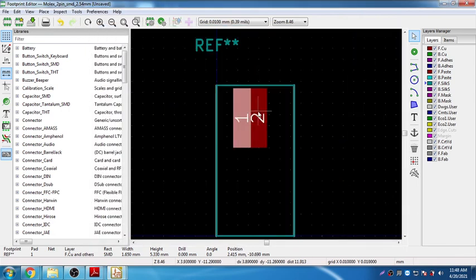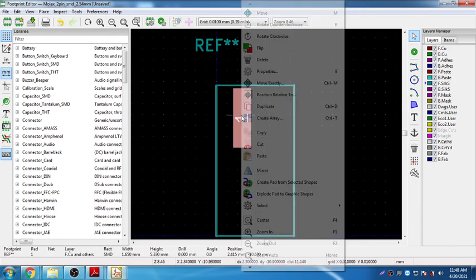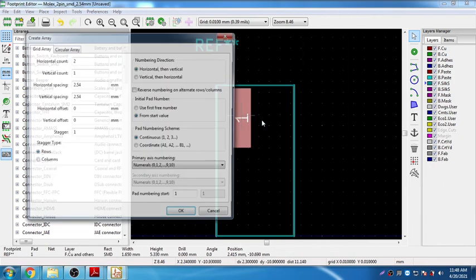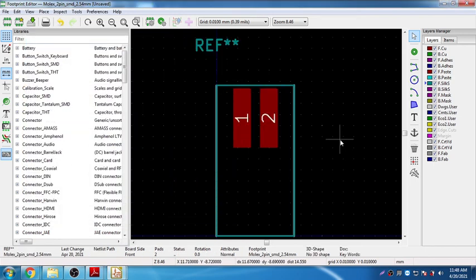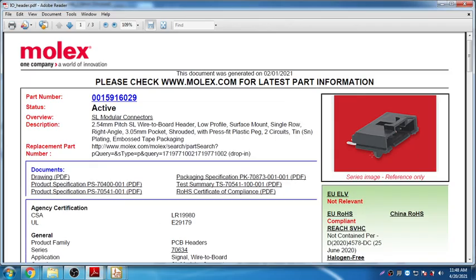And this one again I will delete, and I will simply create an array. Yes, that's it. So this is the pad that I decided. So this is an SMD package, the footprint for this component.